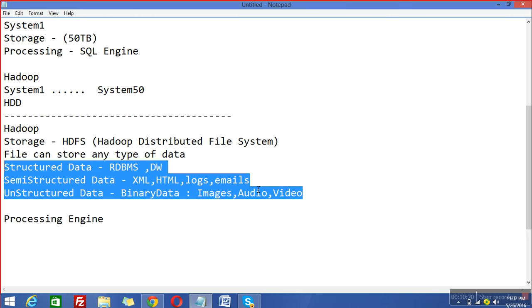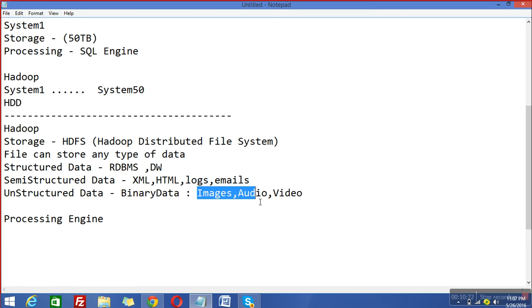So any kind of data, you can save any image, any audio, any movie, any video as a file. You can save this data as a file. You can export any database or data warehouse tabular data as a file. So Hadoop made storage flexible. That is the reason, let's say if you want to save any image or audio or any HTML, XML file in any SQL based storage, first you will convert the data into relational format, correct? But in HDFS you can directly dump data. So that's why in HDFS the write operation is faster than SQL.